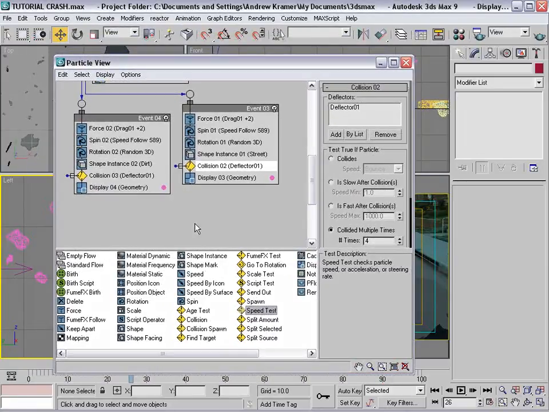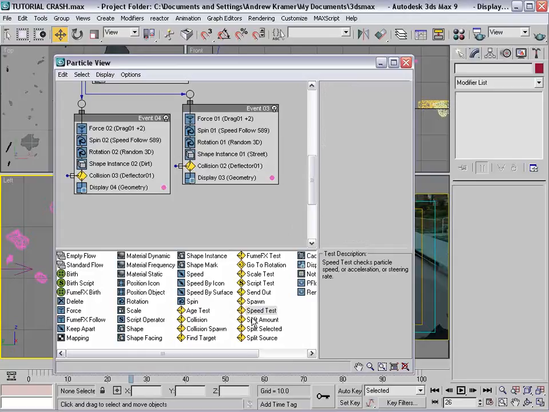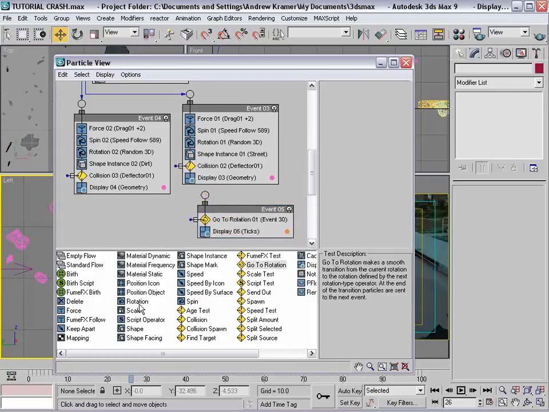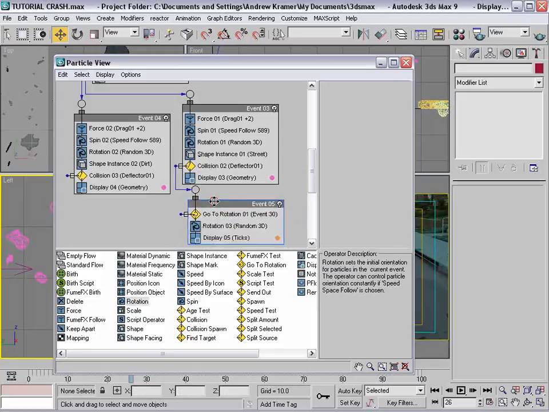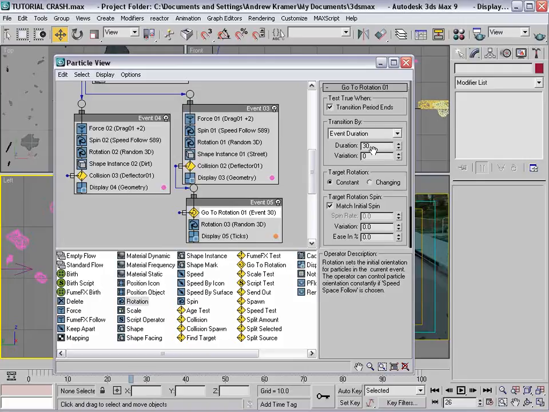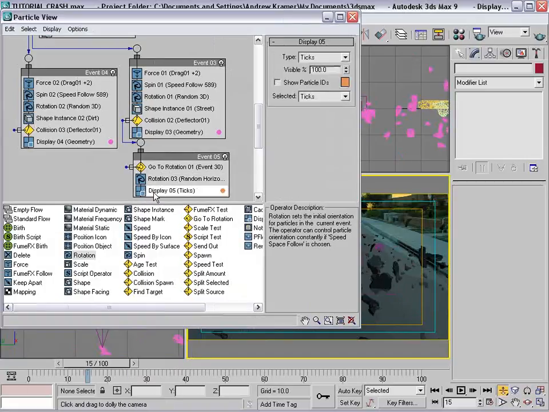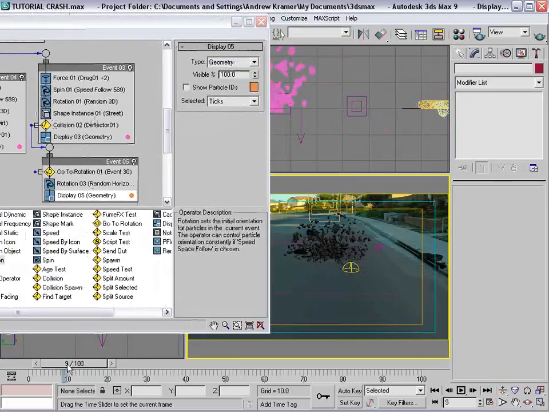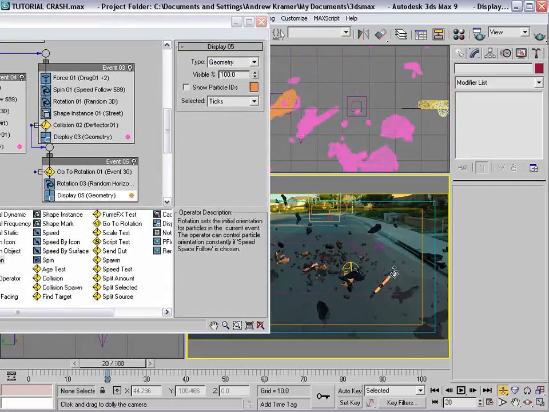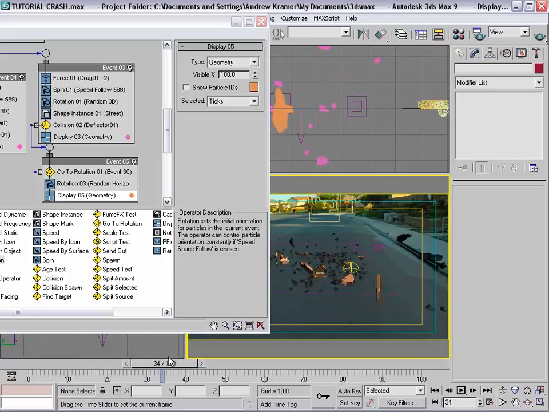Or there's another kind of quick solution. It's called go to rotation. Let's see, we go to rotation, add a rotation operator, and then when they collide after 4 times, they move on to the next event. The go to rotation is going to sort of snap them into this rotation value, and you set this to random horizontal. Also I'll set our display to geometry. You can see they're orange, and we can kind of figure out what's happening. So after they bounce 4 times, they turn orange,